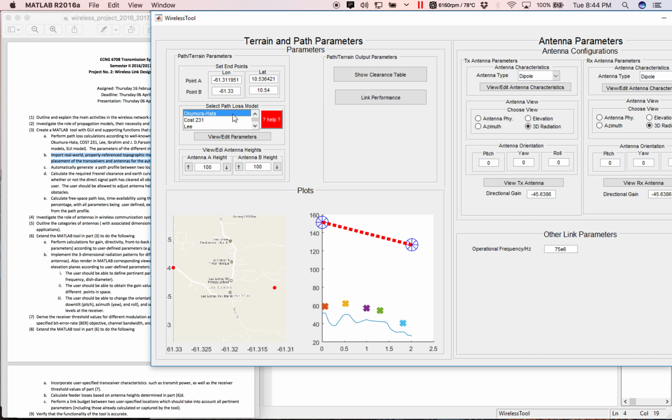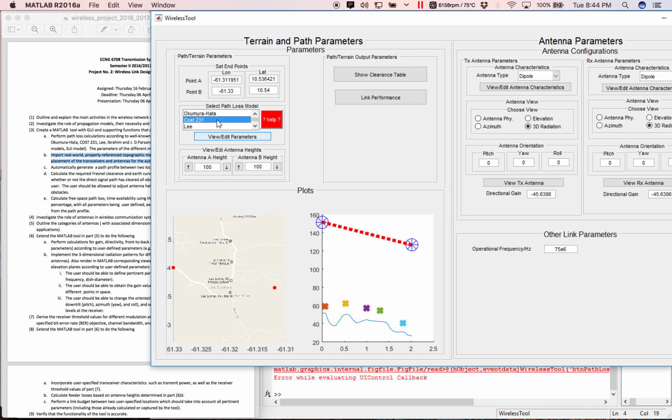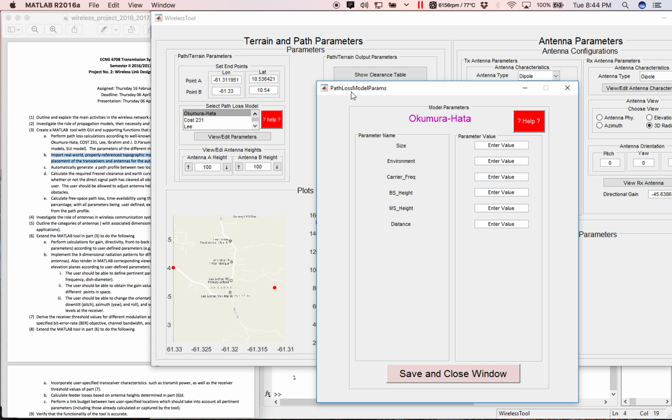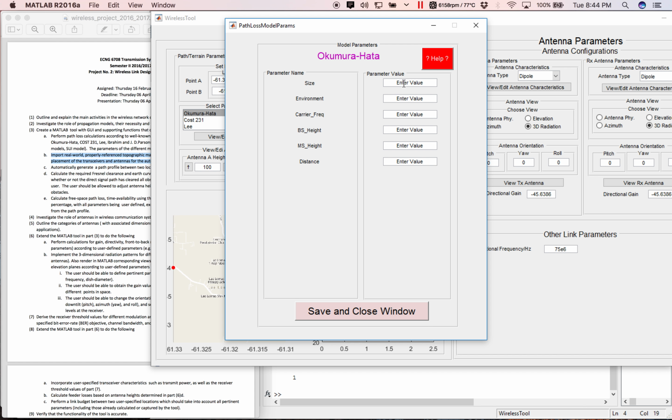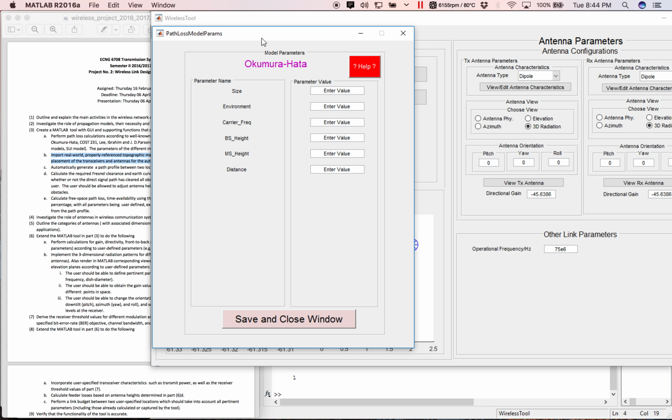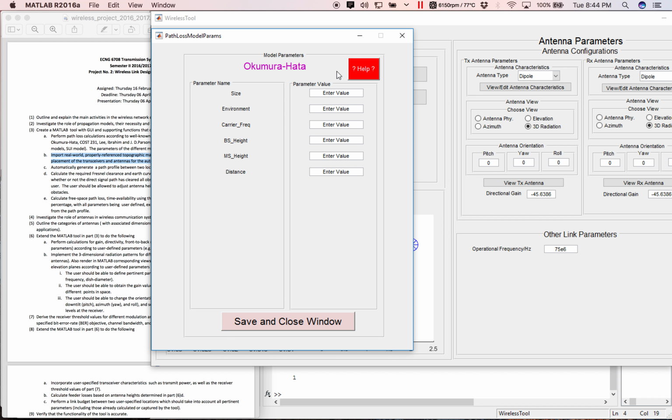You can define the parameters by selecting a path loss model and clicking View Edit Parameters. There's a bug that sometimes causes it not to work on the first run, so you might have to just toggle and then click View Parameters, and here it comes up. And here you see all the parameters we can input to the model. So let us